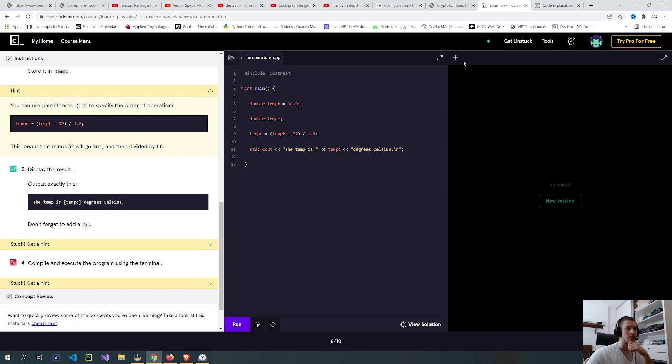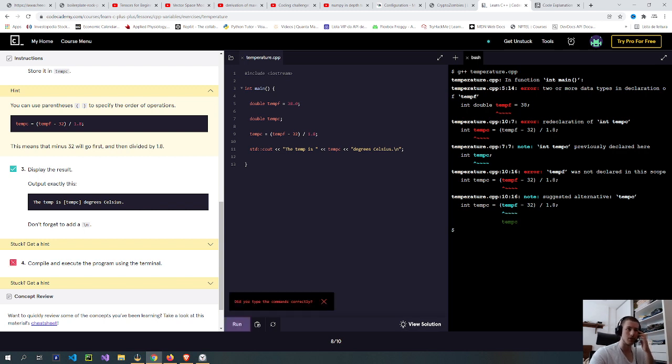So I think it's just a terminal problem. Let me try in a new terminal. Oh, it's still giving me the same thing. Temp C was not declared in this scope.